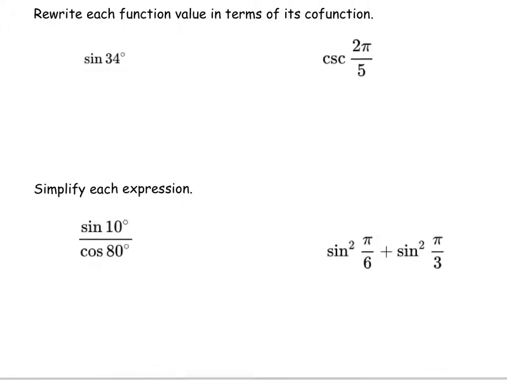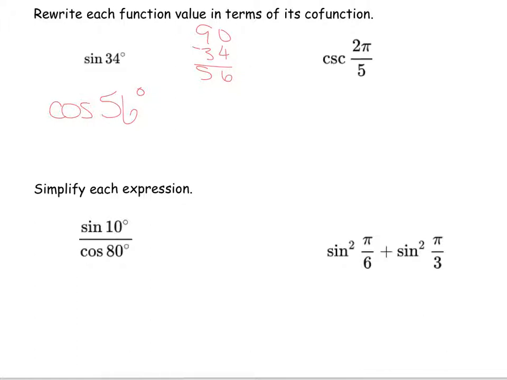All right, so here's a couple of things we're going to do with this. Nothing too bad. If we want, they say to rewrite this function in terms of its cofunction. So the sine of 34 degrees is the cosine of what? So we would do 90 minus 34, which is 56. So the sine of 34 degrees is the cosine of 56 degrees. Those two angles add up to 90 degrees, so the sine of one of them is the cosine